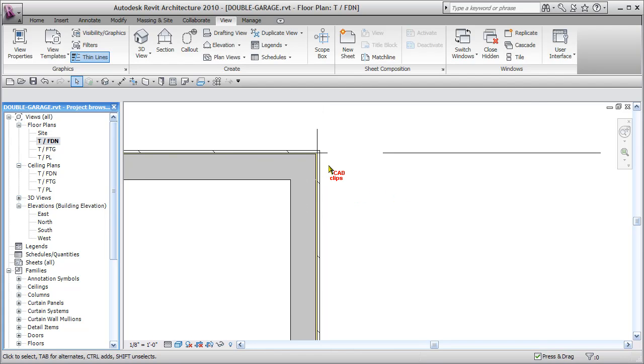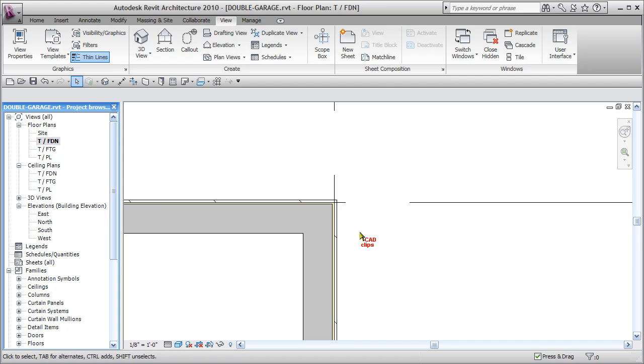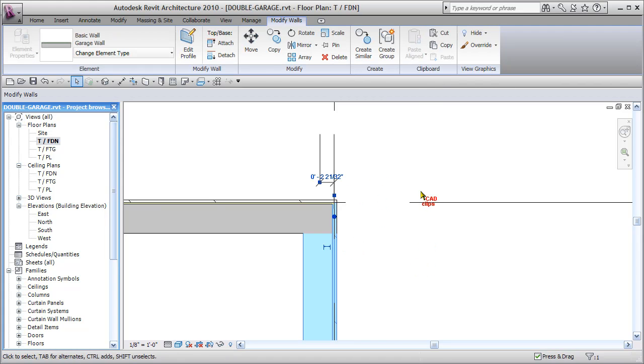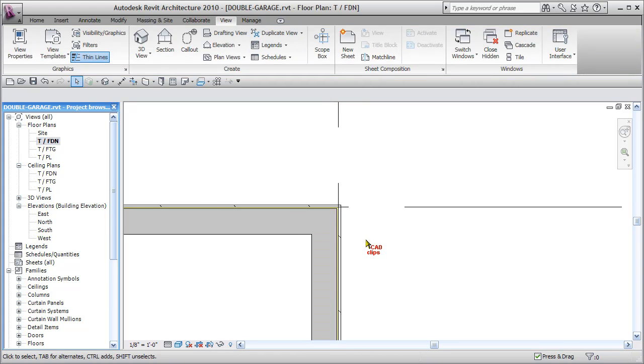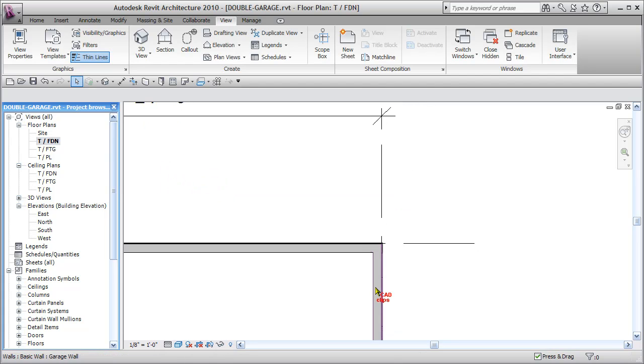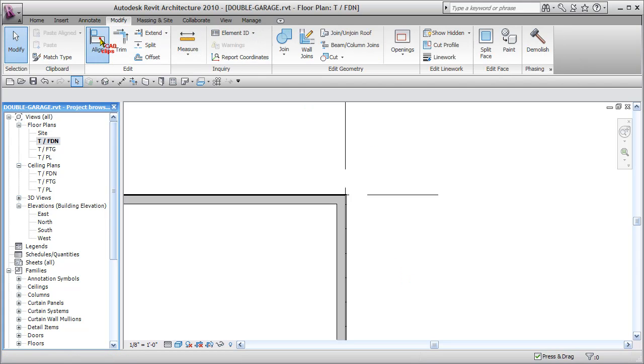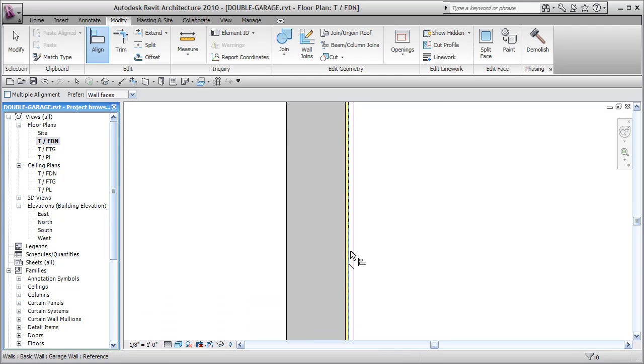So with all of that having said, we can zoom into this intersection, and what I want to do is align and lock. Right now this wall was drawn based on this grid line, but it's not really constrained to that dimension line. We need to do that by align and locking it, and that way when we change our dimension here, it will change the wall location. Okay, so what we'll do is go to our modify tab, we'll use our align tool and say align to this, and then we have to zoom way in here, and we have to hover over this edge right here